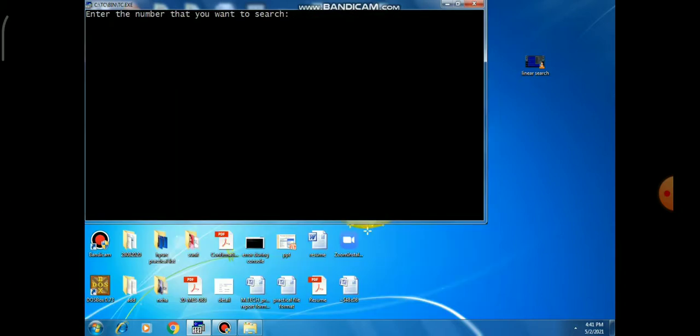Now I am entering the number that I want to search, and the number is 22. So dear students, now it will display that the number is found in location 2 because this number is given in the array.